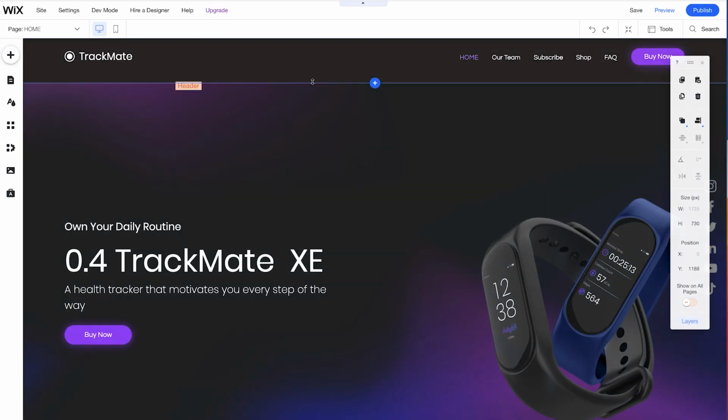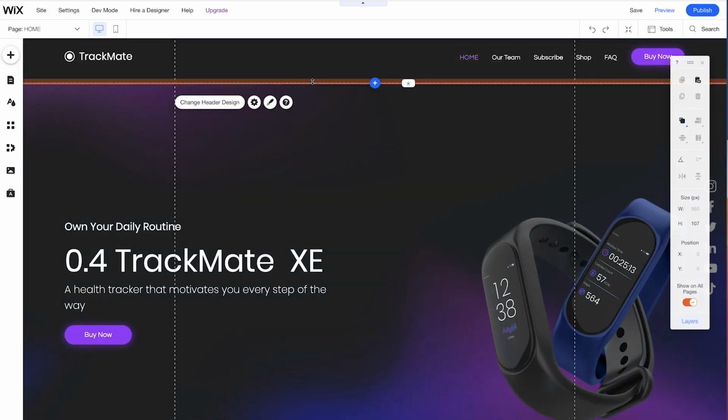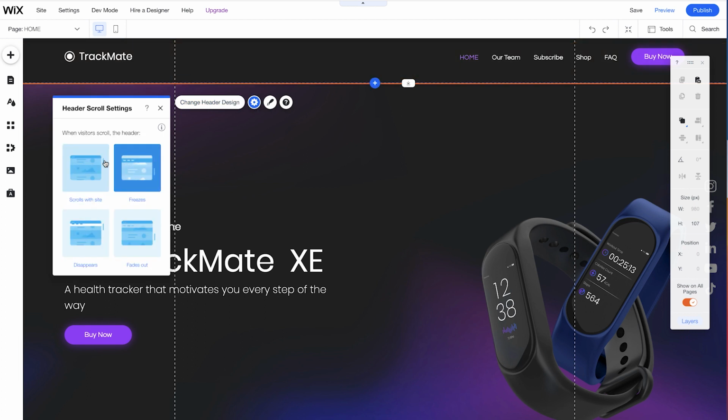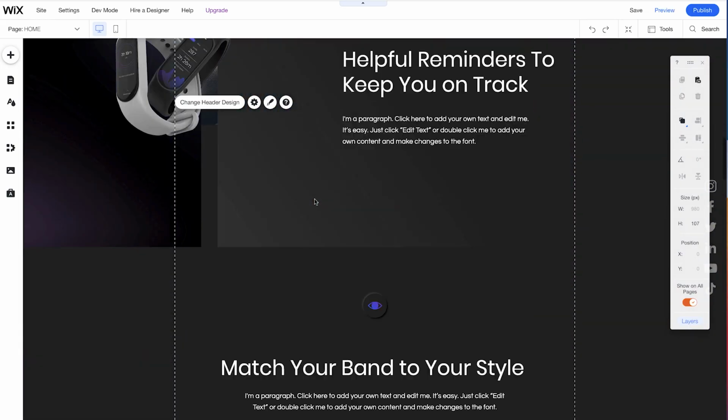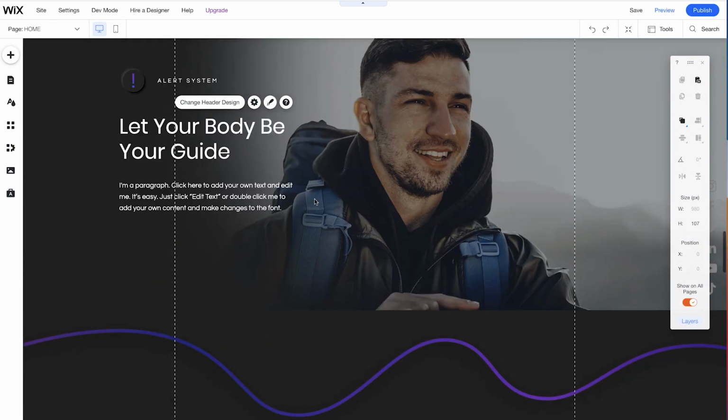As you know, we previously mentioned that you can add a scroll effect on the header. So all you need to do is click the header, click settings, and you can see there are 4 different types of scroll effects available. What I hadn't yet mentioned is that you can actually add scroll effects to all of your strips. So let's go and choose a strip and add a scroll effect to it.